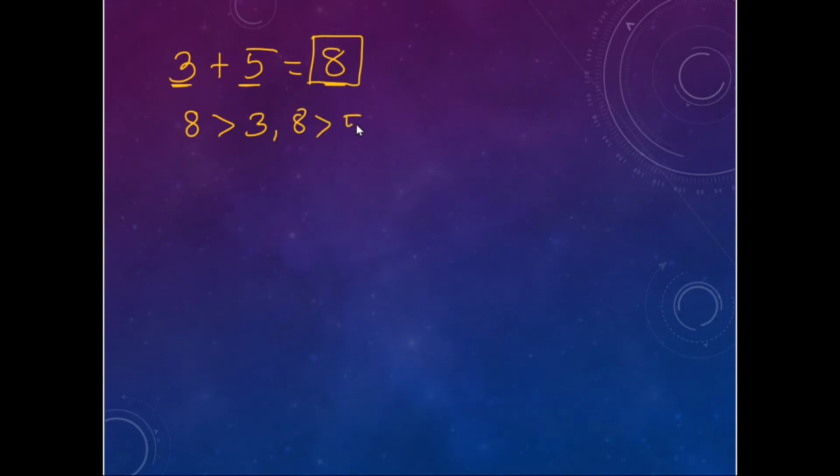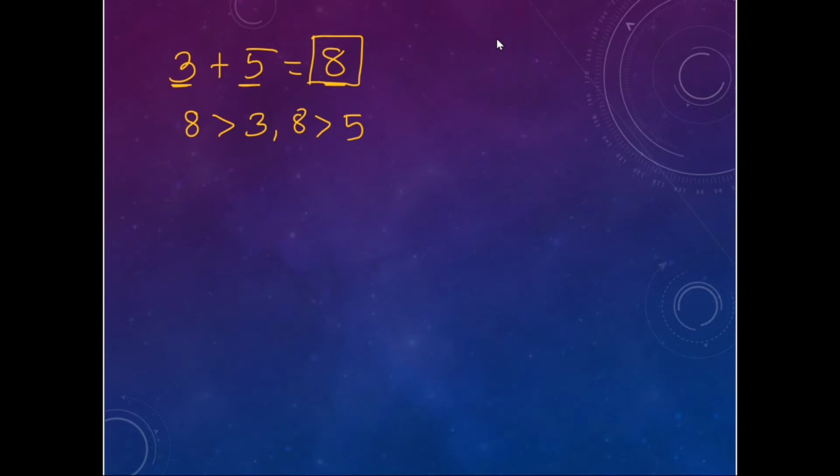Before we discuss the property, let's discuss something basic about addition and subtraction. Let's take some small numbers. Suppose I am adding 3 with a 5, then I get an answer as 8. These numbers, 3 and 5, which are getting added to give you the answer 8, are smaller than the answer you get. That means whenever you add two numbers, the sum or the answer that you get after addition is always greater than the two numbers which you are adding. So here your 8 is greater than 3 as well as greater than 5.